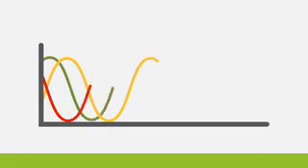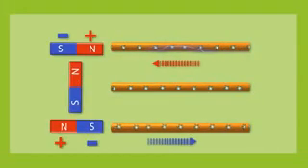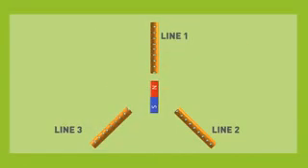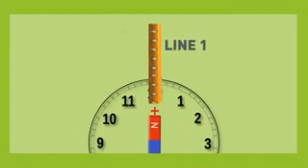This example is different from what I would use to describe how a three-phase motor uses power. In the alternating current video, we showed how spinning a magnet past one wire caused the current to flow back and forth. Now we're going to spin a magnet past three wires and see the effect that has on the current in each wire. In this three-phase example, the north positive end of the magnet is pointing straight up at line 1. To help explain the concept easier, let's use a clock face and say that line 1 is at the 12 o'clock position. The electrons in line 1 are going to be flowing towards the north pole of the